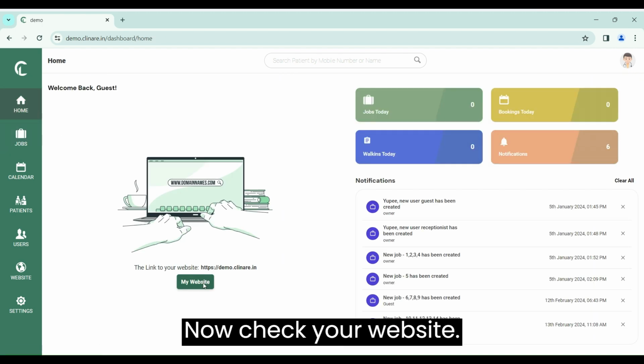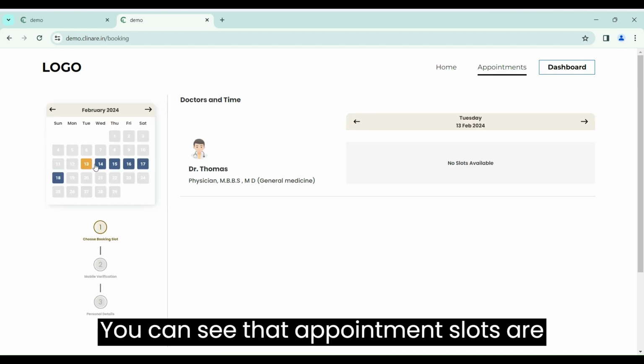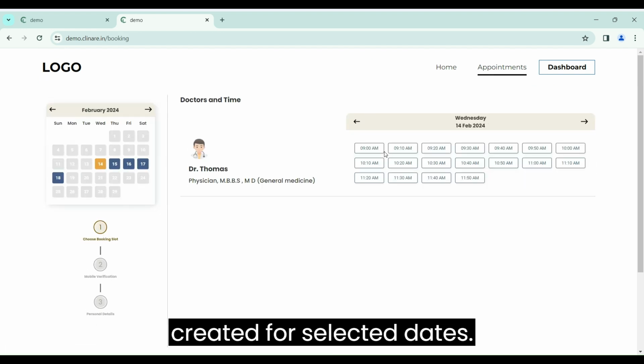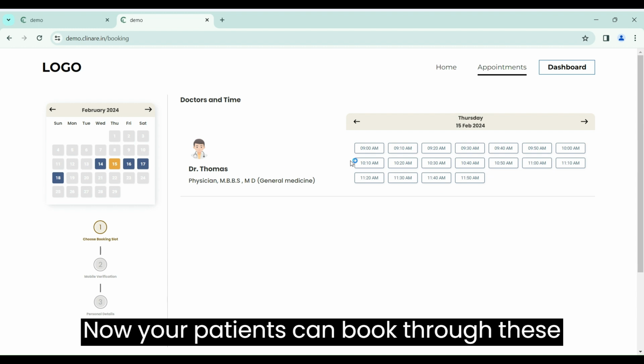Now check your website. You can see that appointment slots are created for selected dates. Now your patients can book through these